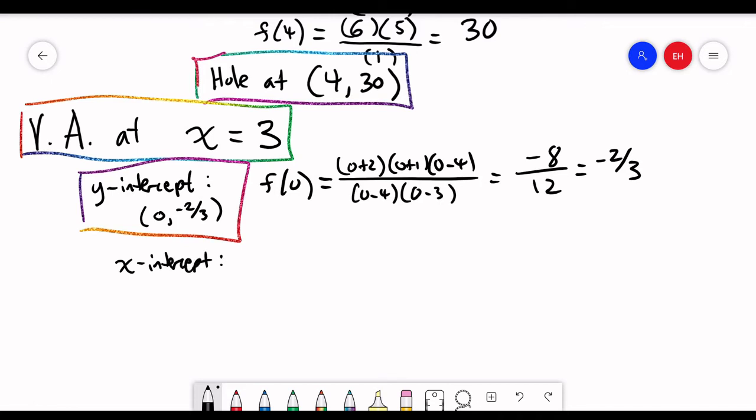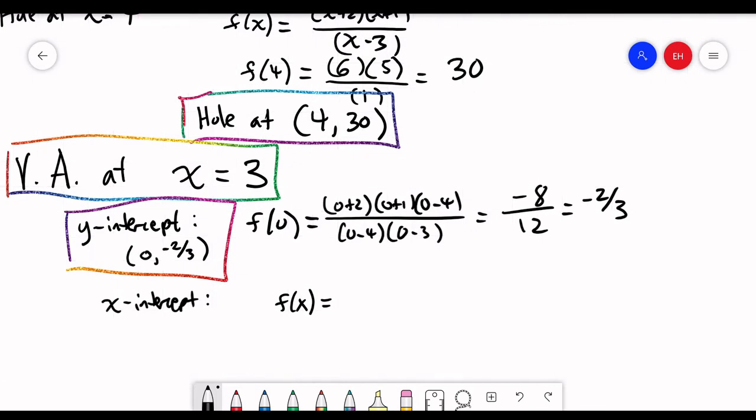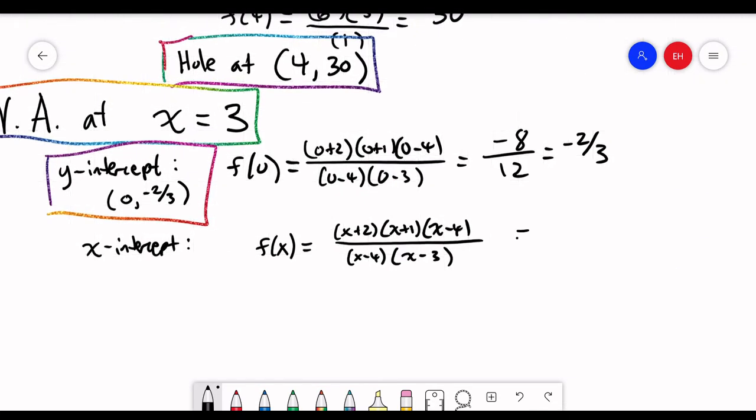When the top is 0, right? It can't be when the bottom is 0 because it's undefined. So we know that we're going to have x-intercepts at the zeros on the top, which if we look at the factored version, we can quickly see. I'll rewrite it down here, the factored version of that rational function: x plus 2 times x plus 1 times x minus 4 over x minus 4 times x minus 3. So on the top, we have zeros of -2, -1,